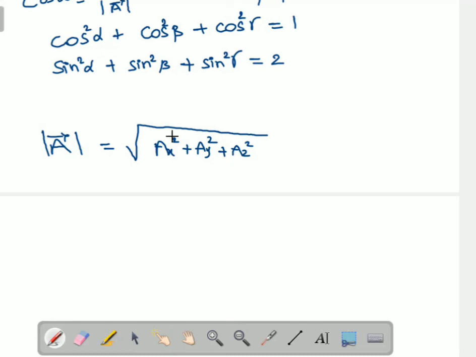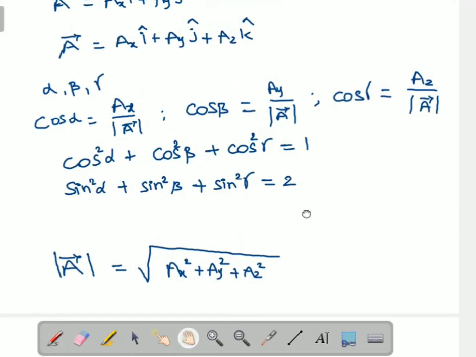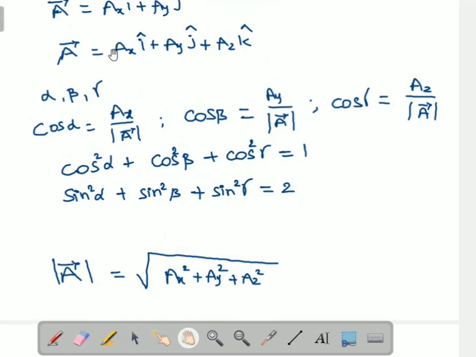When we are doing this, we have to look at the signs also. Suppose ax is positive, then directly we write ax. Suppose the ax term is minus 2 in an example, then we have to take minus 2 square, not 2 square. So the minus sign should also be considered here. This is important in solving problems. Thank you.